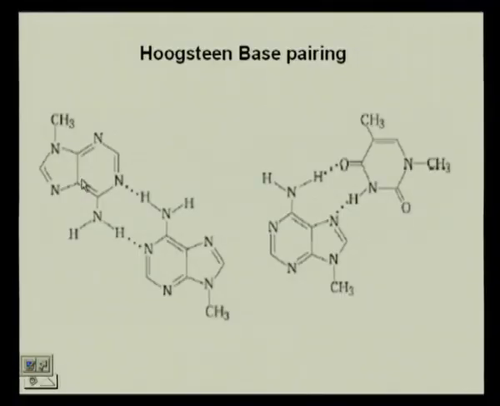Okay. So, both of them coming together gives the exact distance between the strands. But in the Hoogsteen base pairing, what happens? You can have base pairing between 2 purines. You also have purine-pyrimidine base pairing, but since this is also possible, you do not see this in double stranded DNA, but there are some cases where this is observed. Okay. But so far what we need to know is the basic pairing between the